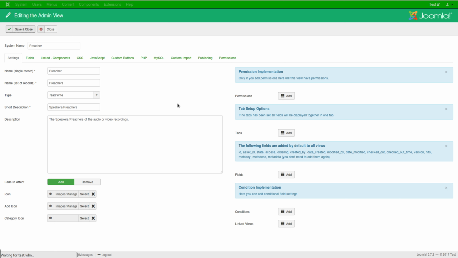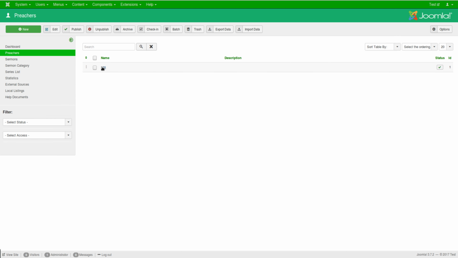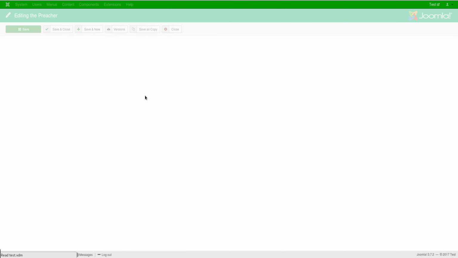So now I've added a new field to preachers, and again I'll be going to the compiler, and I'll select the component and just compile. And again, since it detected there's been a field change, it incremented the version number. And if I install the component and we go to the component, into the preachers view, we'll now see that new field actually there, image. And if I was to select an image and save,